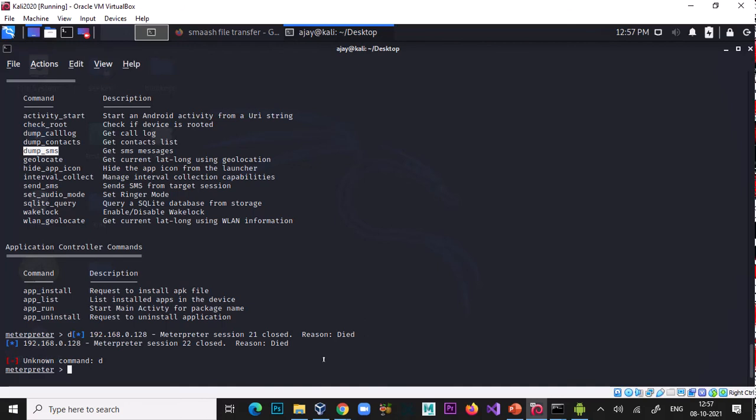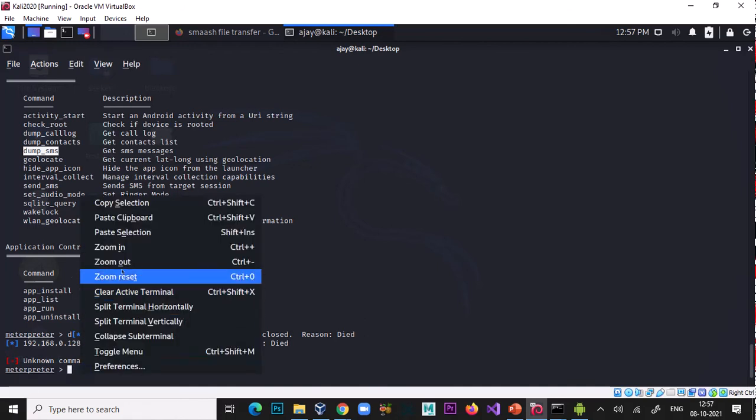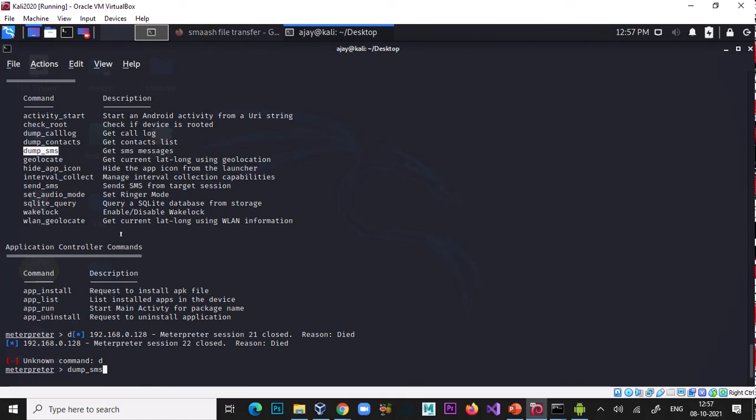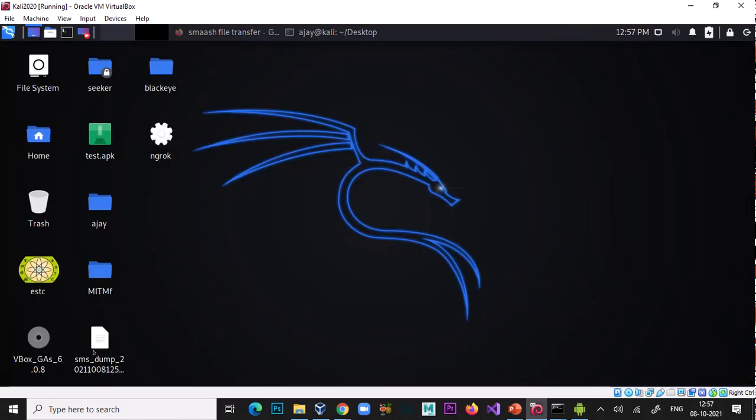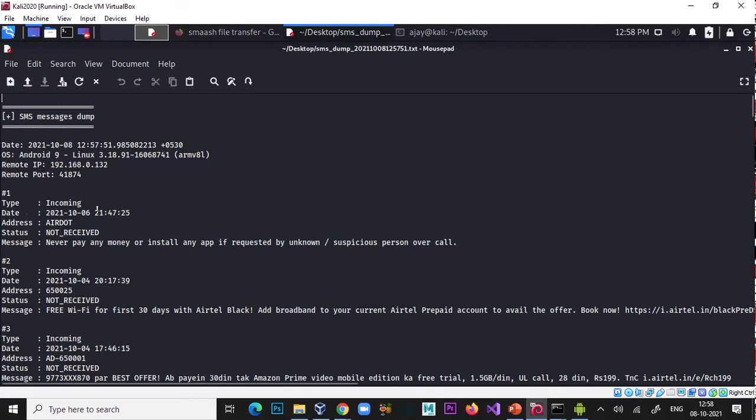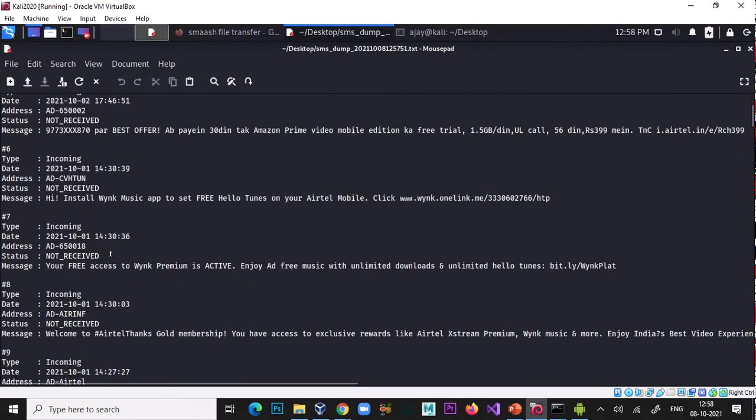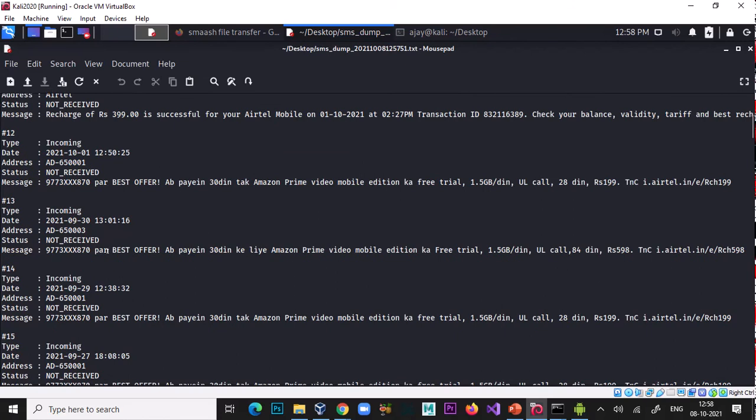So just type dump_sms. These are my SMS, and this is the text file, and this is my personal phone's SMS. So you can read it.